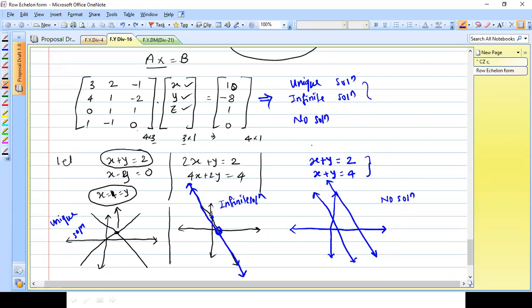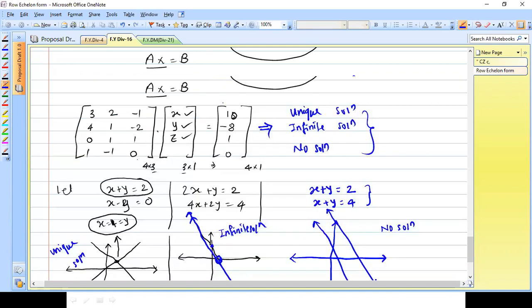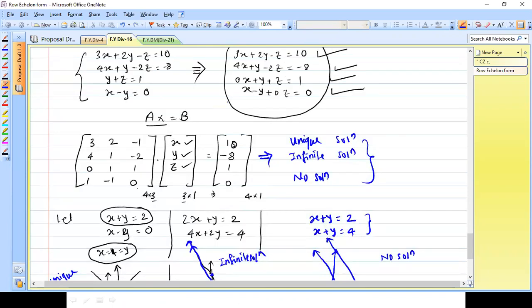So, does everyone understand? Now for this case, by using rank, without solving the equations, I am able to conclude whether the system, whatever system we have taken, has a unique solution, infinitely many solutions, or no solution, by using rank itself. And that we are going to discuss in the next lecture.